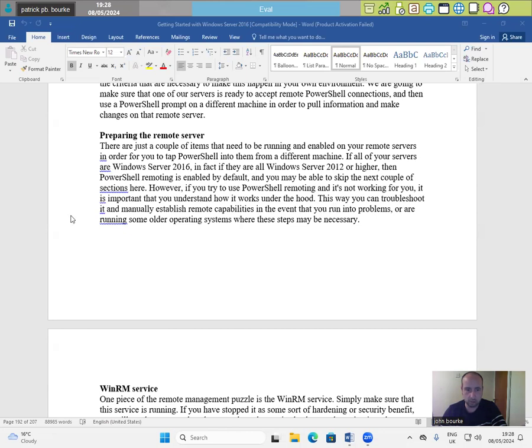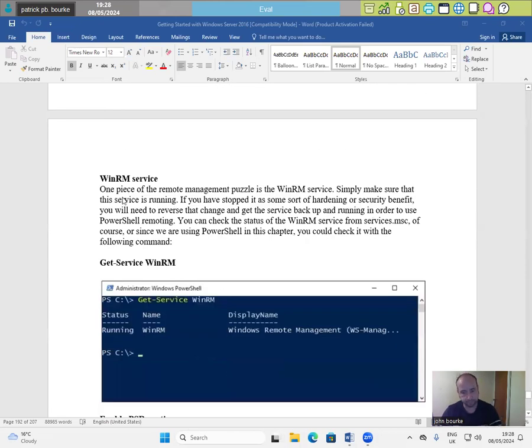This way you can troubleshoot it and manually establish remote capabilities in the event that you run into problems or are running some older operating systems, in which case these steps may be necessary. WinRM service. One piece of the remote management puzzle is the WinRM service, simply making sure that this service is running. If you have stopped it as some sort of hardening or security benefit, you will need to reverse that change